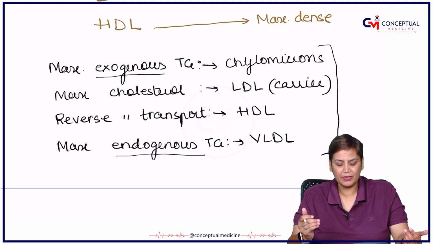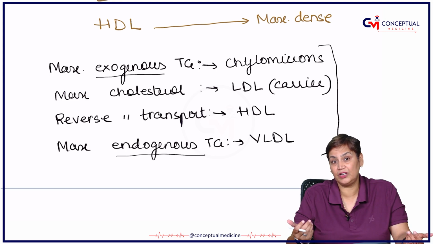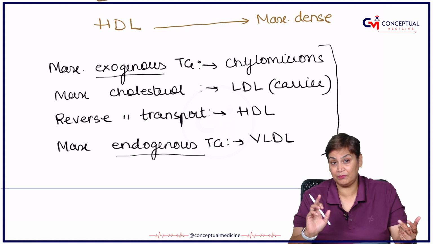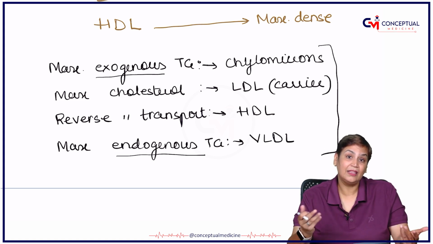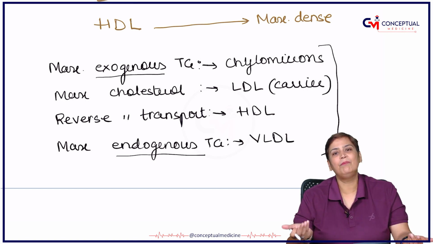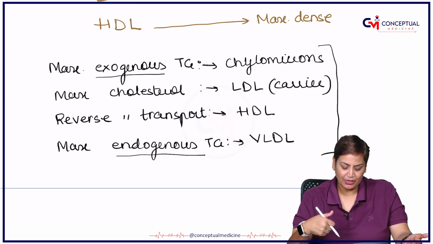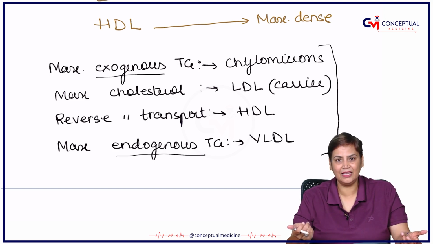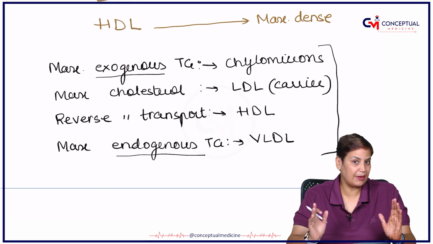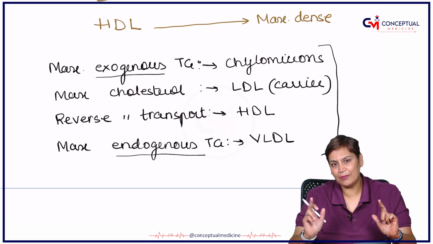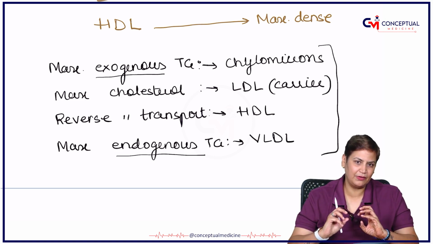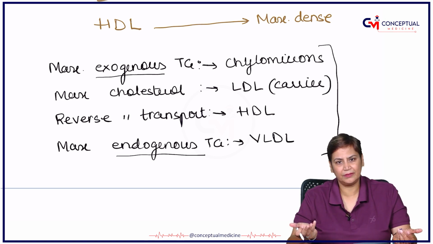So whenever a person is showing maximum concentration of TGs, apart from medication, we are going to advise that person to have a diet which is low in fats. And endogenous TGs are produced as a result of the metabolism in the body. And maximum endogenous concentration is there in very low density lipoproteins, and all will have a specific apoprotein. What is an apoprotein? Apoprotein is just the protein part. When this protein part mixes with a lipid, it becomes a lipoprotein.